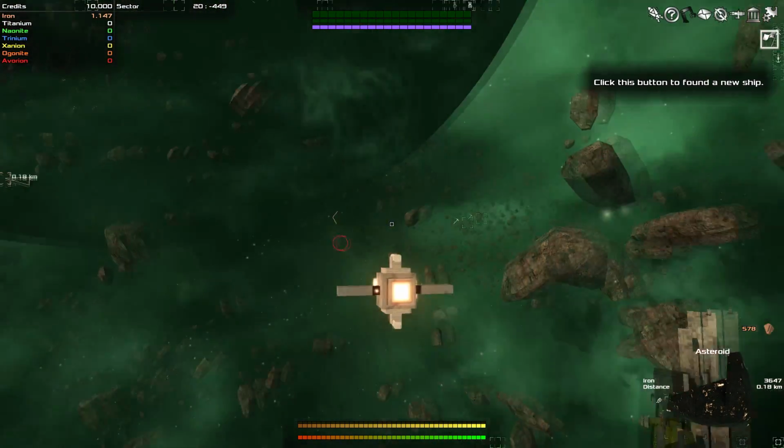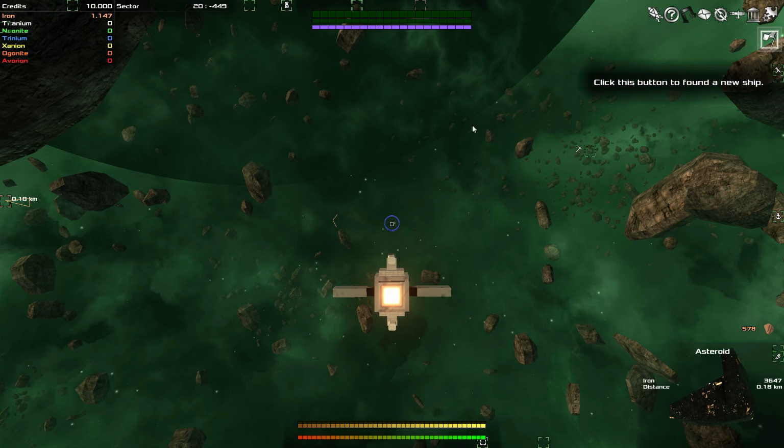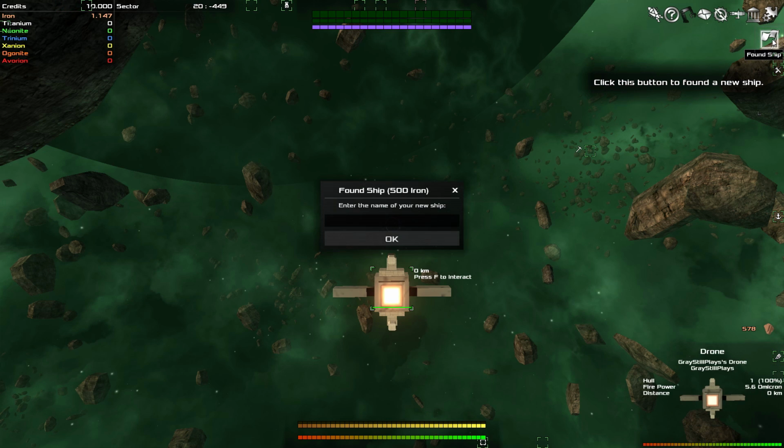Click this button to found a new ship. Very good. Let's go ahead and use our left shift button over here. Found ship. Cost 100 iron. No big deal. We're going to name this ship the USS...